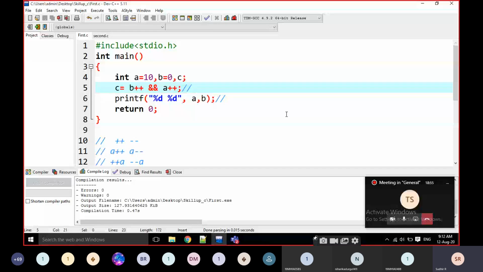Okay. Then we have to observe here B plus plus, this is a logical AND operation, and A plus plus. Note it down.